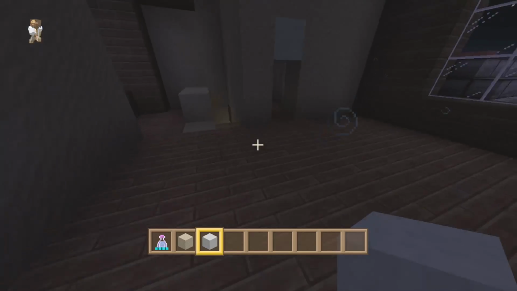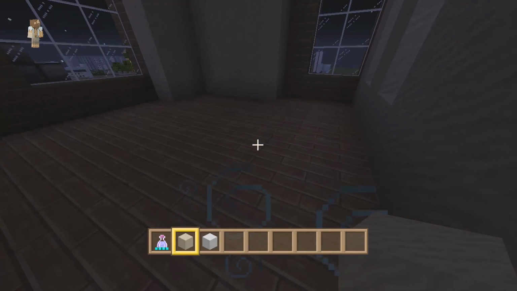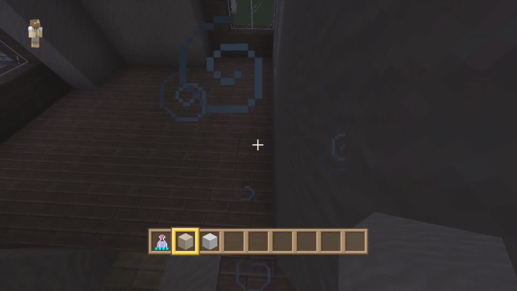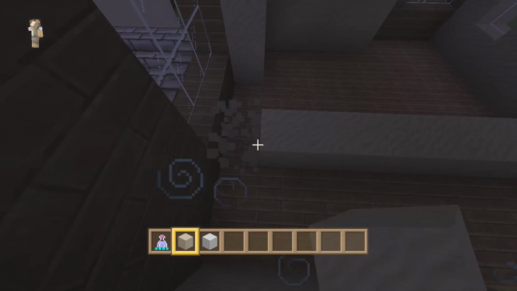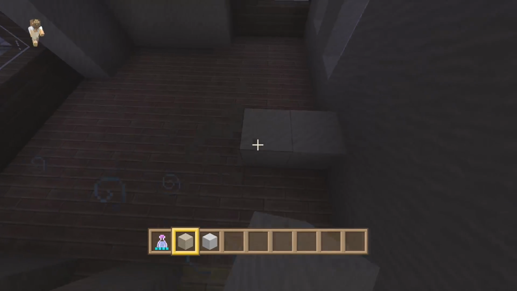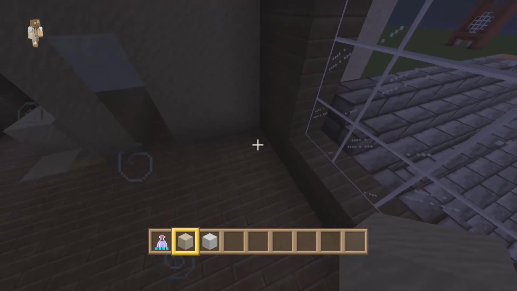Okay, so what I'm thinking is we can either make this into a 1 or 2 bedroom house, because we kind of have a bedroom downstairs, so we really don't need too many more bedrooms in all honesty. So what we're going to do is...